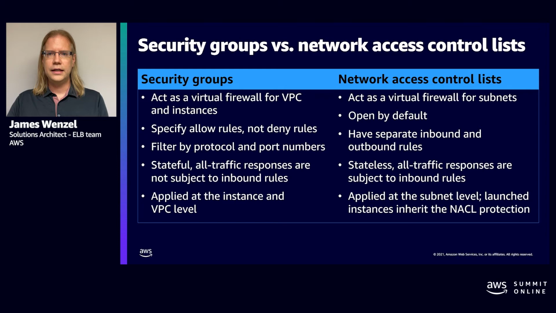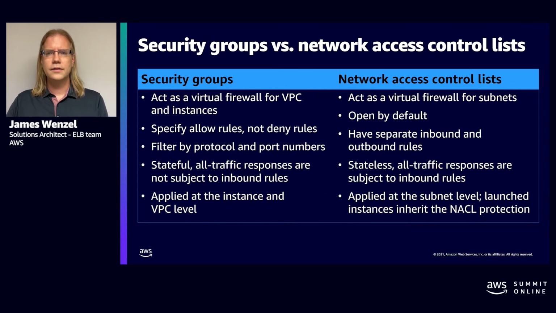So you need to have, again, a good plan as to how you want your security to look on network access control lists, if you need to actually get down to a stateless security posture, or use the stateful security posture of the security groups alone. But remember, the security groups are actually going to be on no matter what. And then with your network access control list, you can actually start ratcheting down those rules. You could, in effect, take a network access control list and make the rules so stringent that the security groups, even though they may allow traffic, the network access control list on the subnet level will actually deny that traffic.